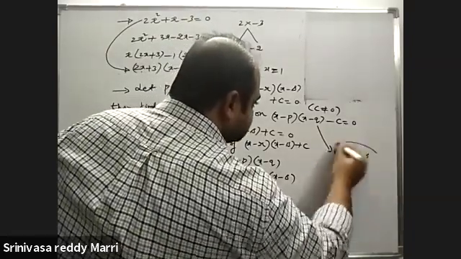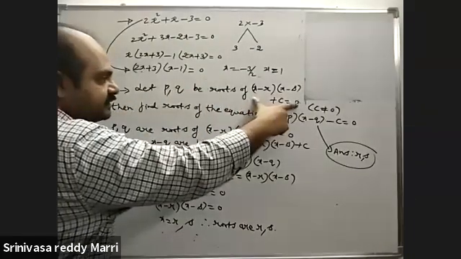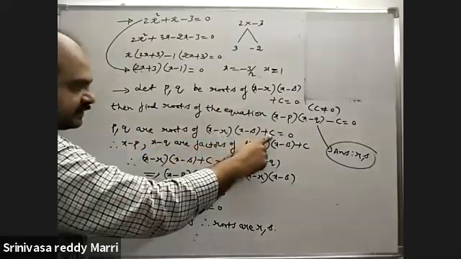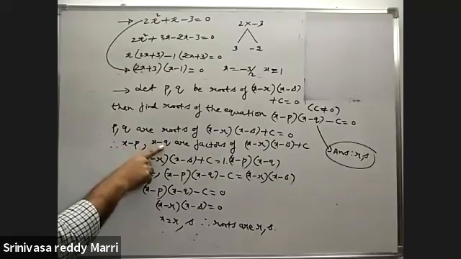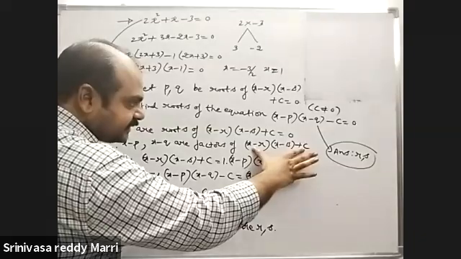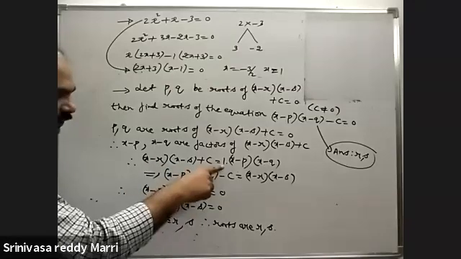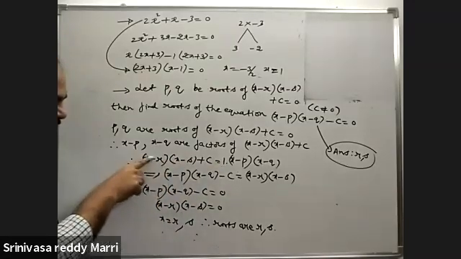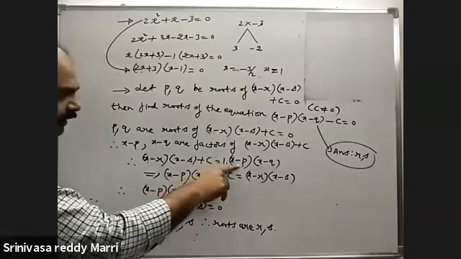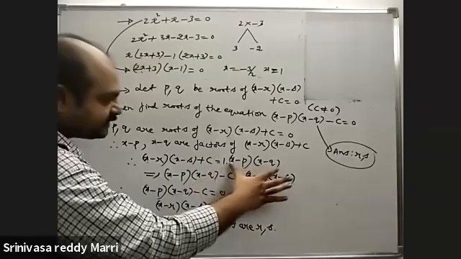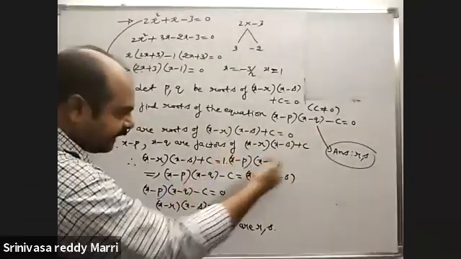I will explain once again. Look at p, q, roots of this equation given. That means this is a quadratic expression. Therefore, x minus p and x minus q are factors of this expression, so it can be written as a product of two factors. A means the coefficient of x square, which is 1. So 1 into x minus p into x minus q. These are two factors.